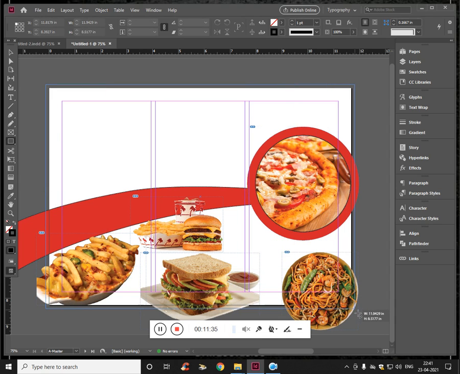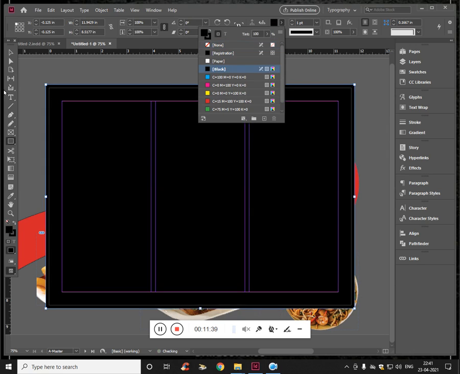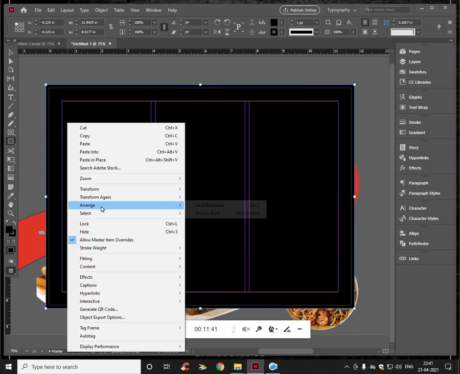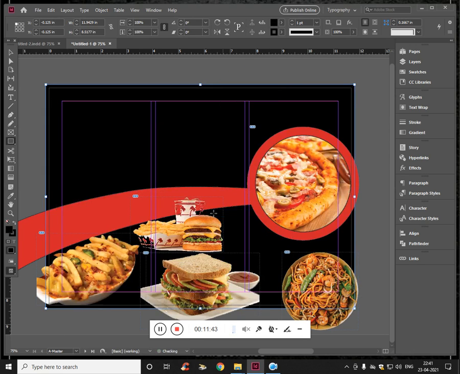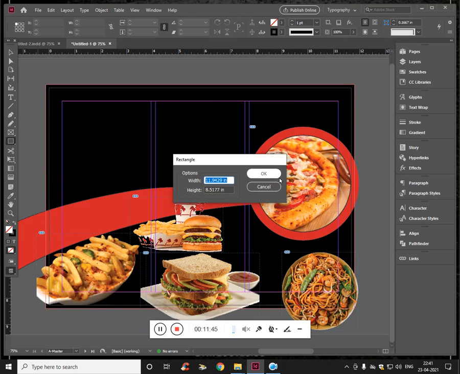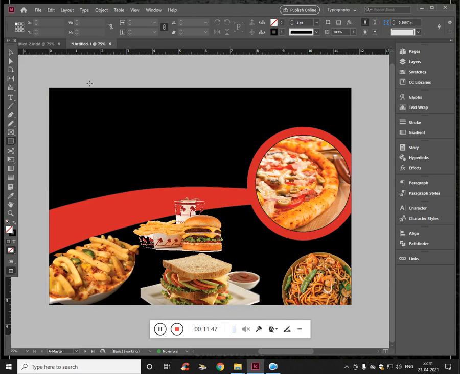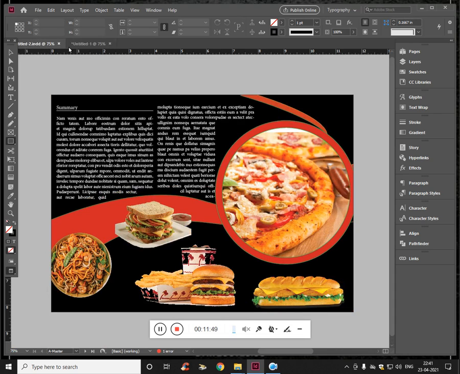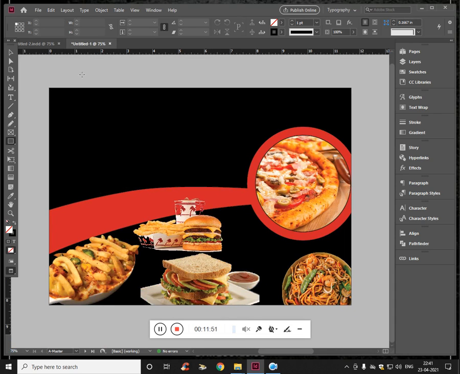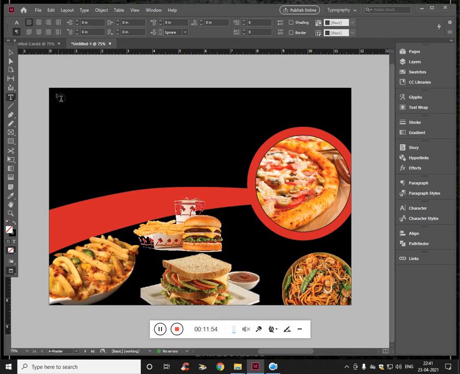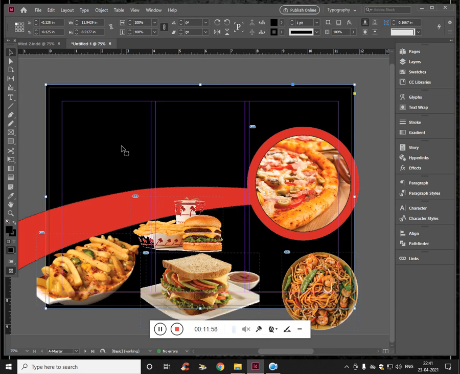Now select this guy and press Ctrl B and make the number of columns as 3, and we don't need to change anything, gutter, spacing. Let's see how it looks. Awesome. Click OK. Now select this with the help of the type tool. Now Paragraph, Justify, select all, Justify, Center.